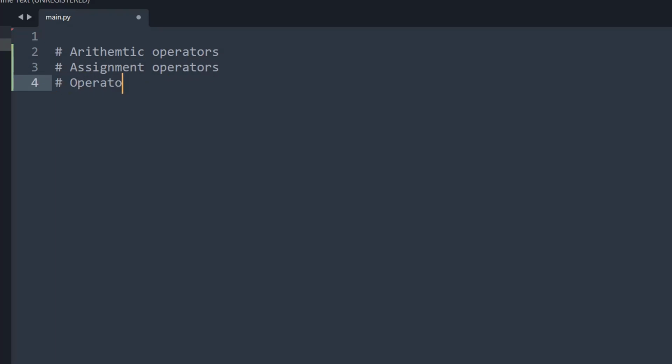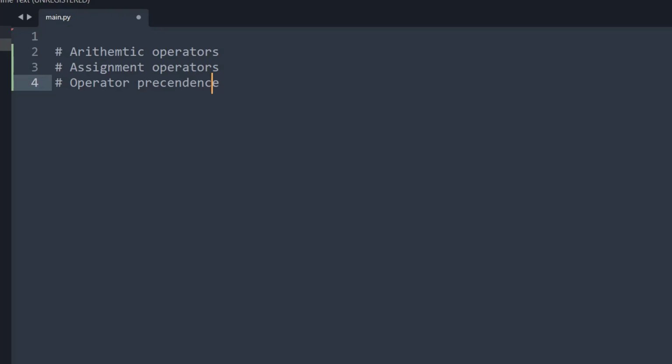Then we'll see operator precedence. Comparison operators and membership operators we'll see after the next slide, because there is some dependency. Before explaining those operators, I need to explain the if else condition. Thereafter, I will tell you about the other operators. For now, we will learn about these three.